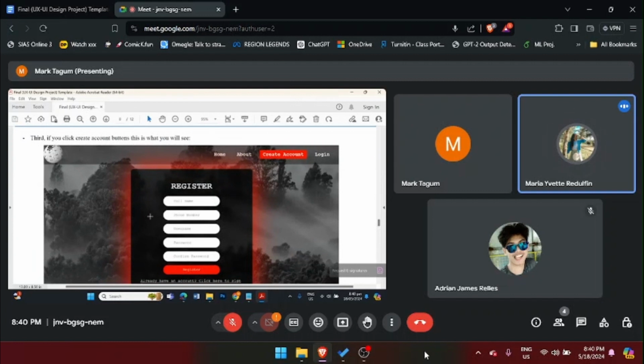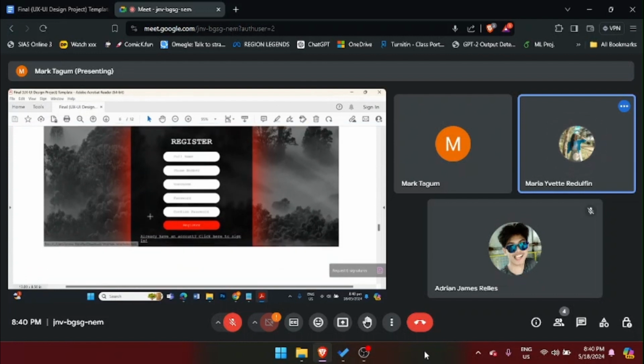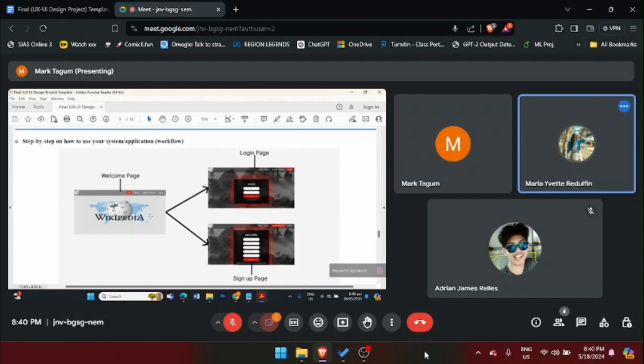Third, if you click the create account button, this is what you will see. The step by step on how to use our system application: the welcome page, the Wikipedia login page, and the sign up page.